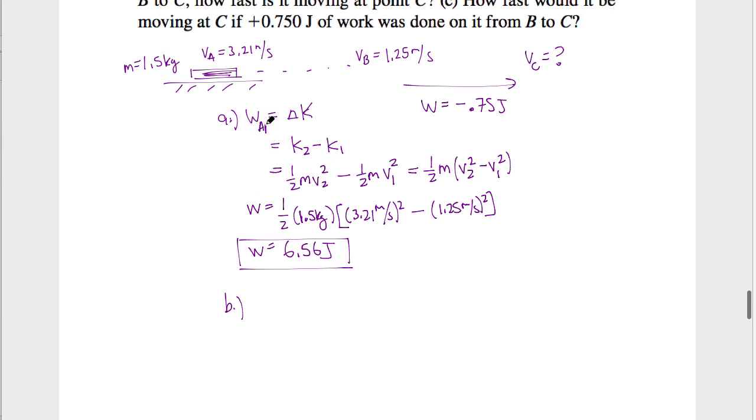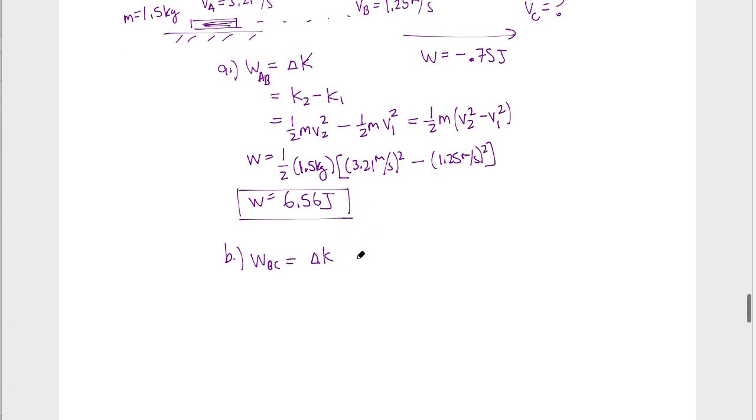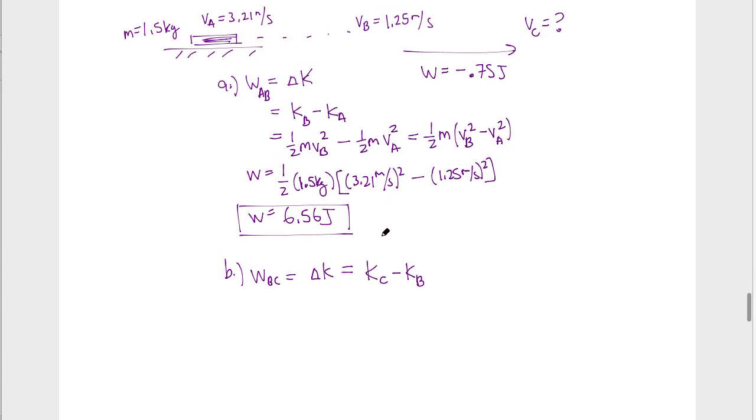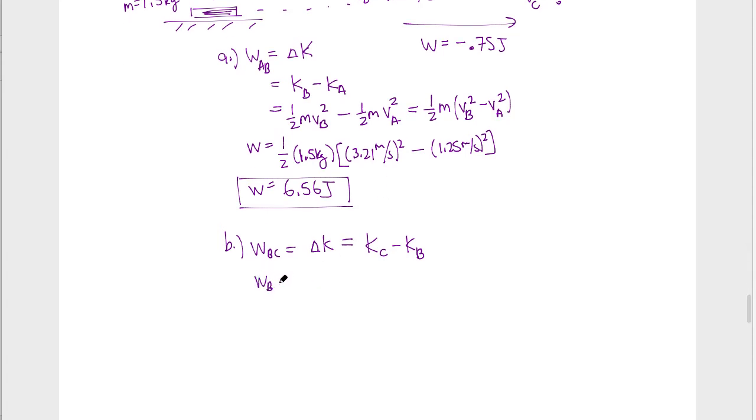I'm going to say that this is work AB. And so my work BC is going to be equal again to the change in kinetic energy. But I'm going to be a little more specific. I'm going to say that this is going to be KC minus KB. In fact, I might even go back up here and rewrite this as A and B. So this would be KB minus KA. This would be velocity B minus velocity A, velocity B, velocity A. So the work done from B to C,